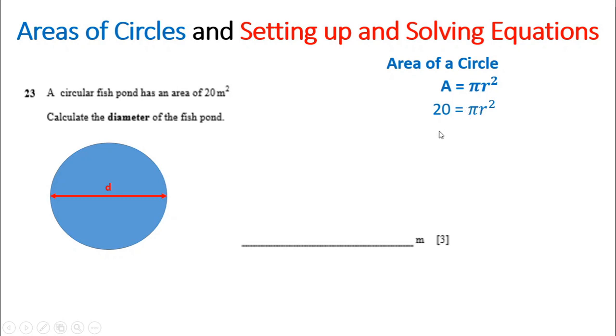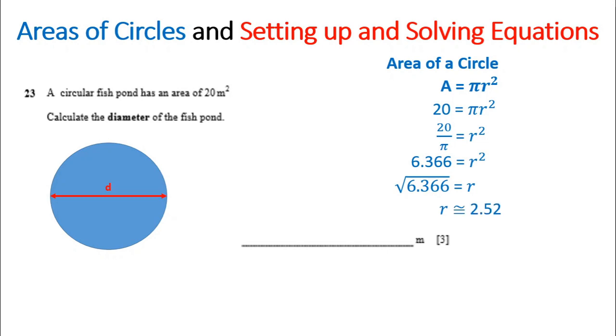I'll take the pi to the other side, and I'll divide. Okay, so I've got 20 over pi is equal to r squared still. I need to get the r on its own, so I'll work out the 20 divided by pi, and that's been rounded, by the way, and I will square root it to get the r on its own. So the square root of r